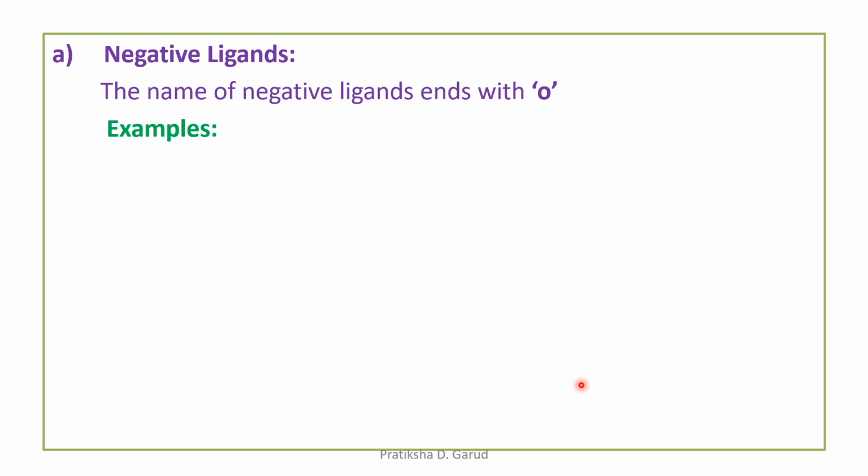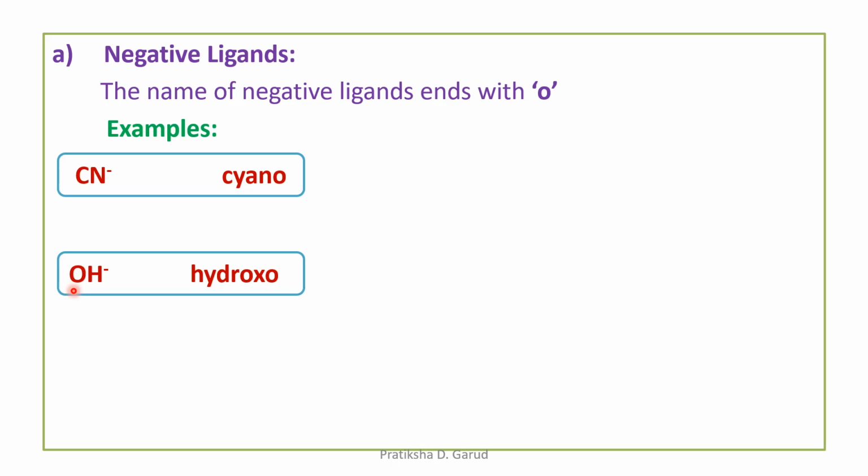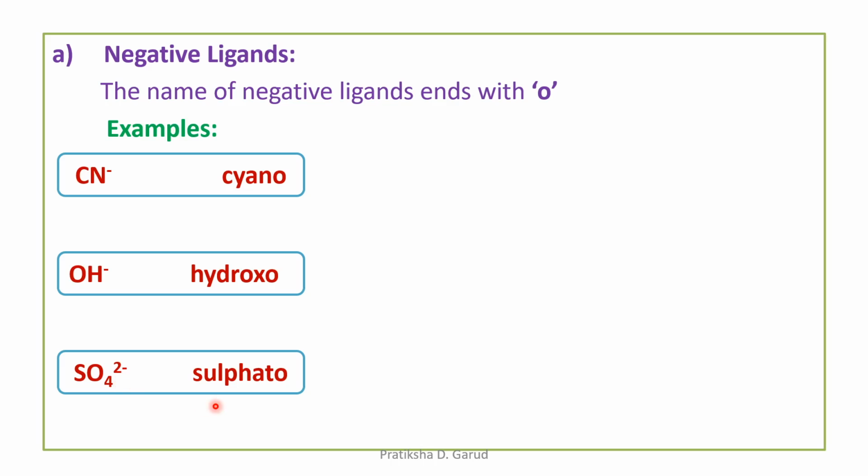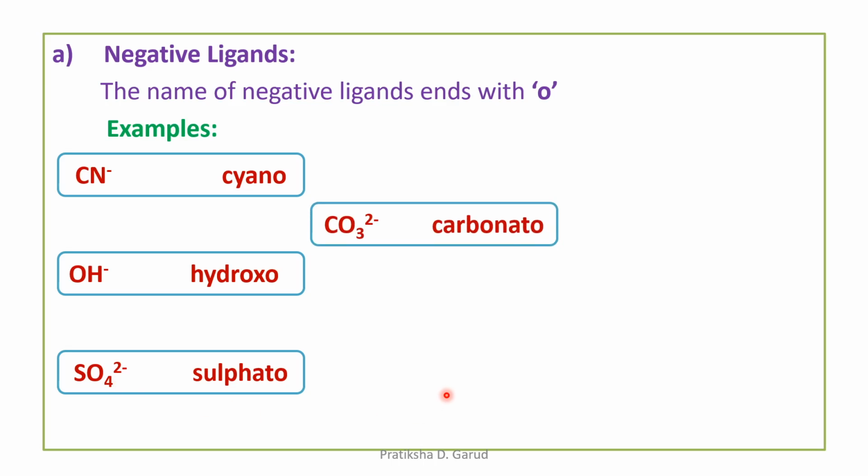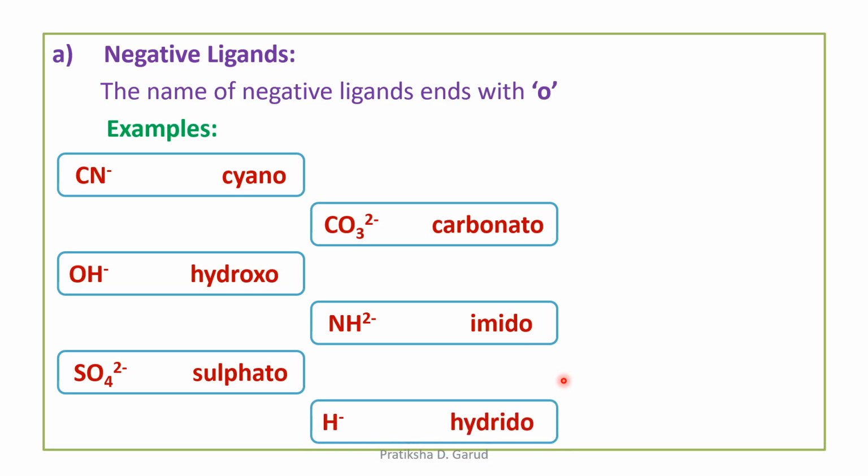The various examples of the negative ligands with the ending O are: the first one is CN-, named cyano. Next, OH-, known as hydroxo. Then SO4 2-, known as sulfato. Next is CO3 2-, which is carbonato. NH2-, that is imido. H-,